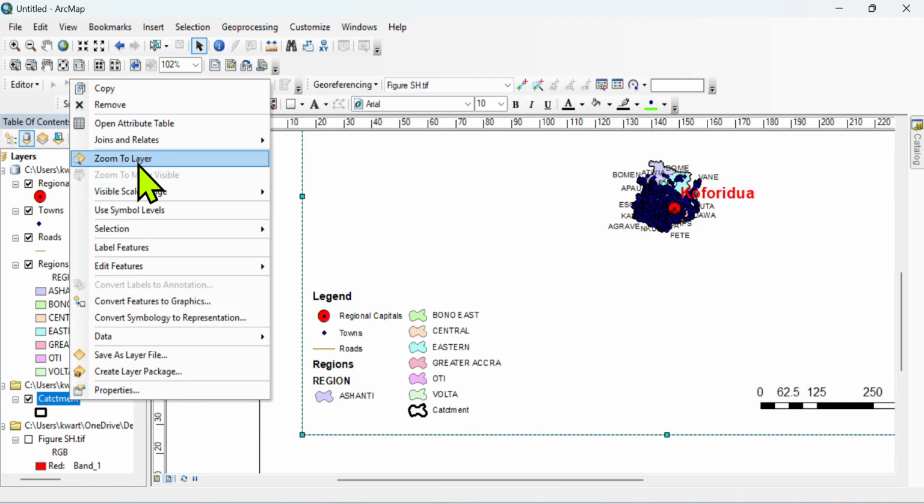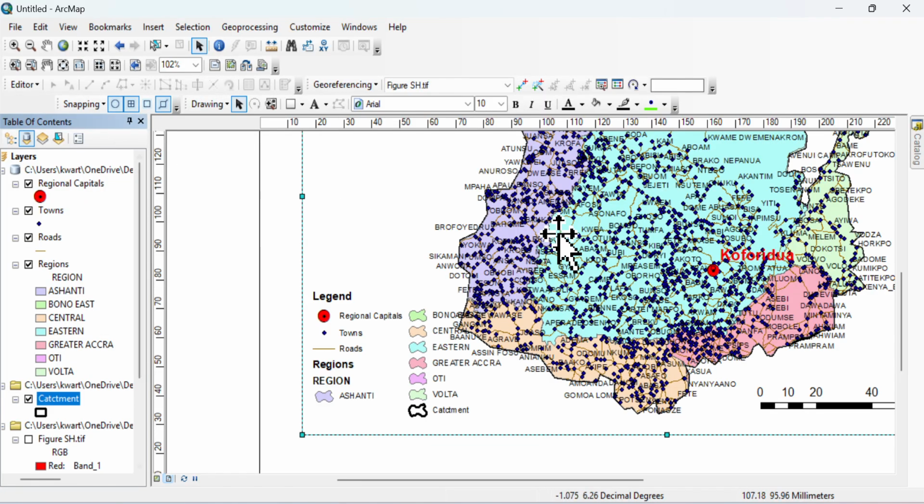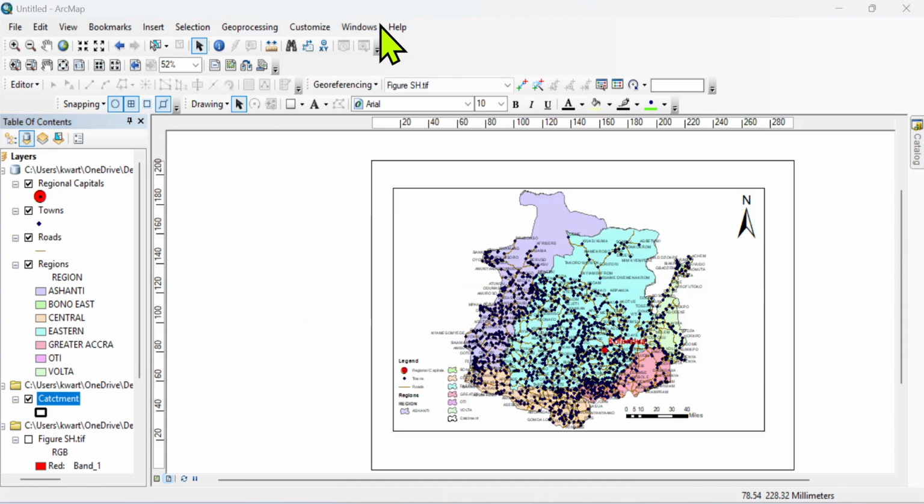Zoom to layer. So a map will have a title, a legend, a scale, and all that. But then I'm left with one more thing. Don't forget that a map also has, how do we call it? It has